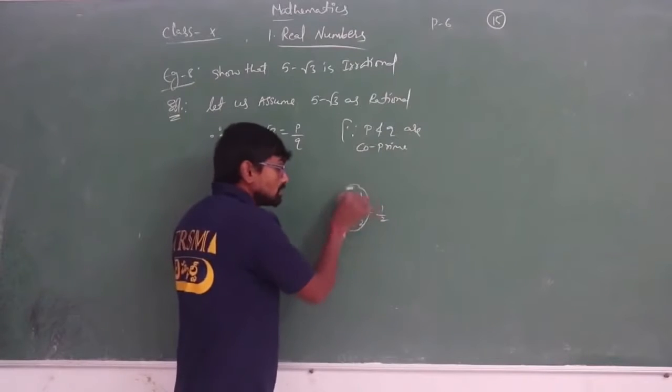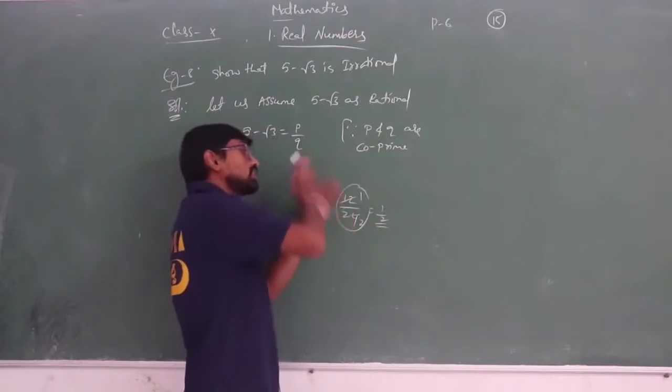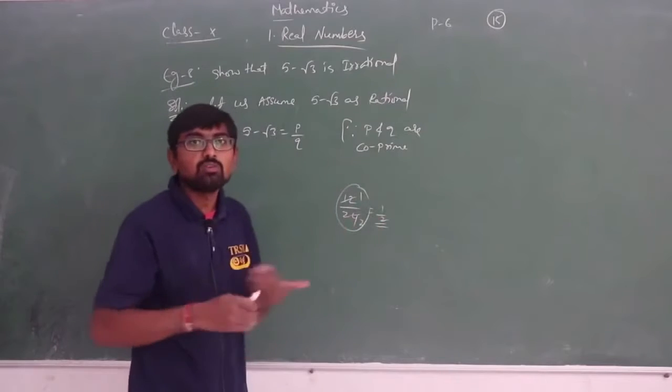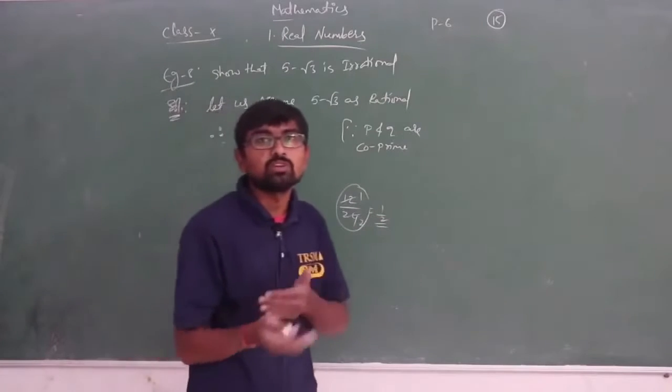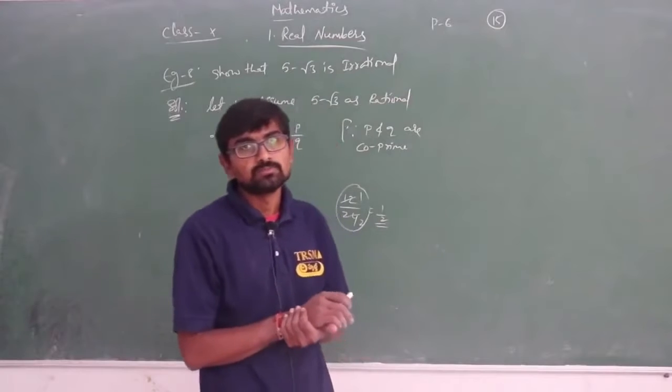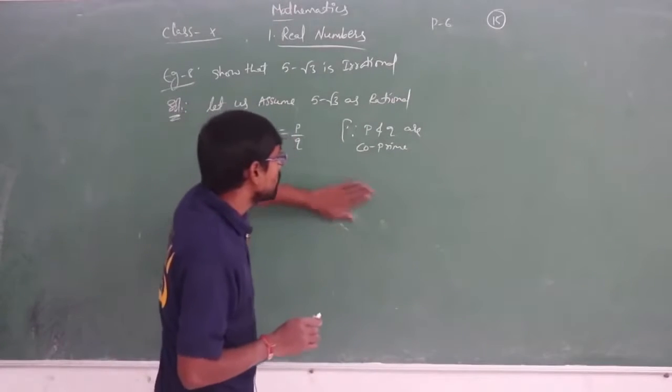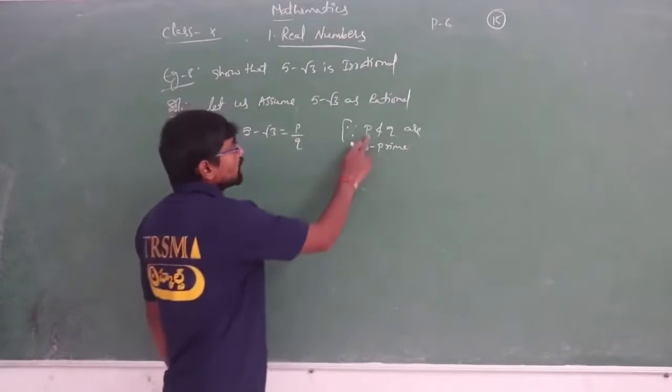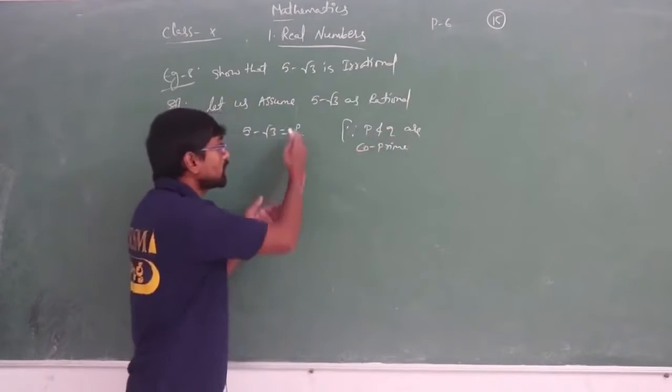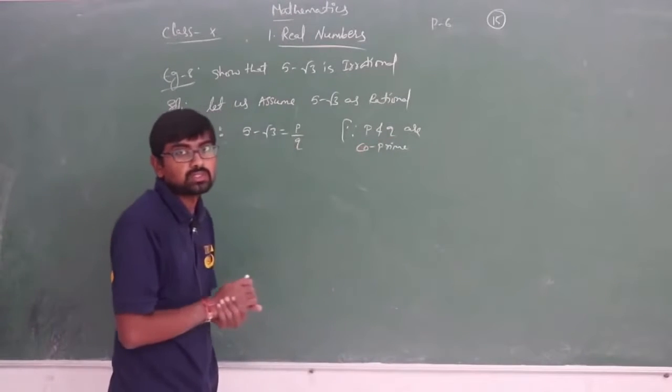So it is not in a simplest form. We need to first convert that into simplest form. So how will we convert that into simplest form? We will be converting that into co-primes, isn't it? So this condition should be followed. Now here P and Q are co-primes. It means that P and Q are converted into simplest forms.